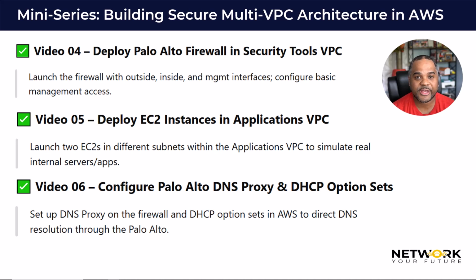Instead of leveraging AWS, the second, first, of course, network ID, second, the server, third, the DNS. Yeah. So instead of using that AWS provided DNS, we're going to actually use the firewall